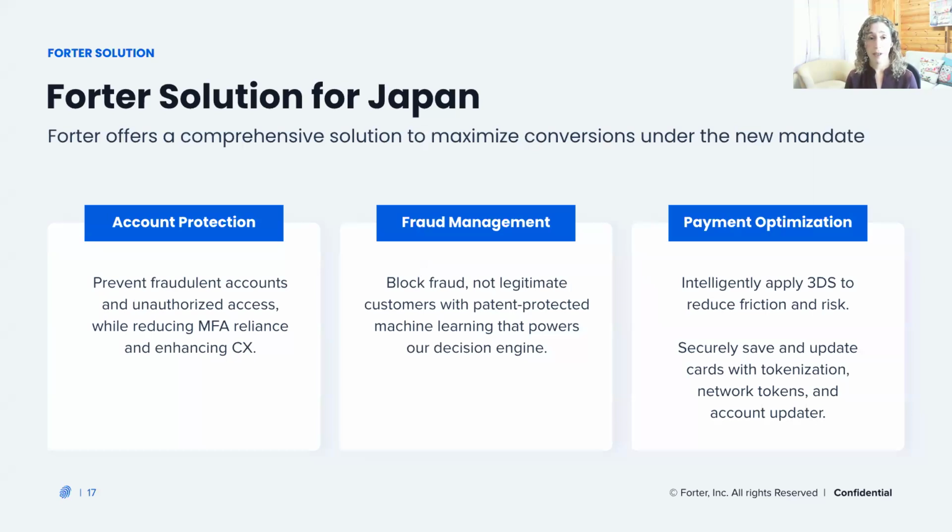The solution for Japan aims to maximize the conversion under the new mandate. Basically, as much as possible, we don't want your consumers to even feel anything different when end of March comes. Account protection plus fraud management plus the payment optimization piece. Account protection prevents fraudulent accounts and unauthorized access while reducing the MFA. So basically, we don't want to ask your customers every time they log in to authenticate themselves, but we also want to make sure nobody can log into their accounts. Fraud management, we block the fraud. Obviously, we keep the legitimate customers